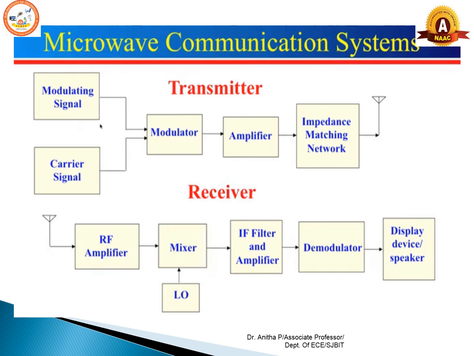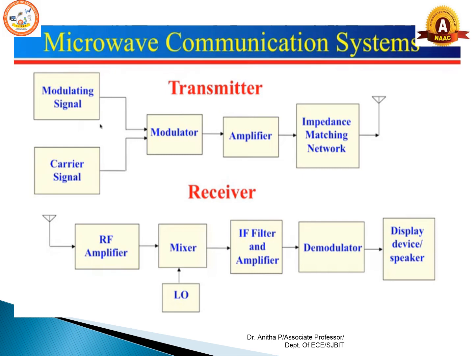It will get amplified. So we have an RF amplifier, followed by a mixer. It is a superheterodyne type. In superheterodyne type, we down convert that radio frequency signal to an intermediate frequency, IF, through the mixer and local oscillator. Then that IF signal again should be amplified and filtered,